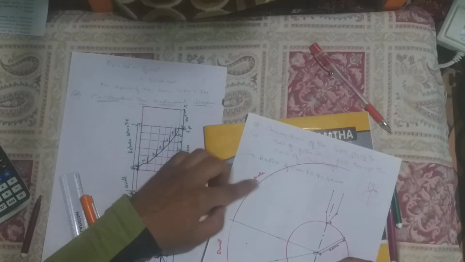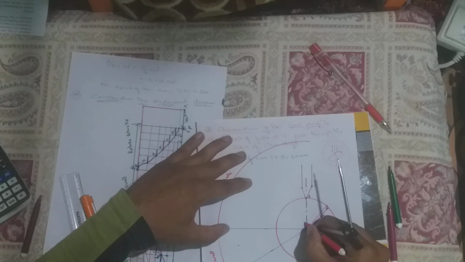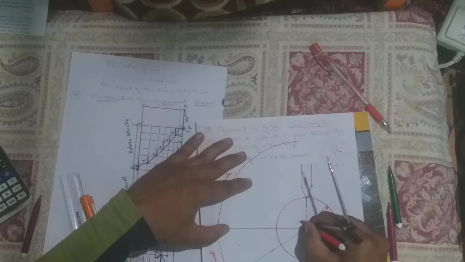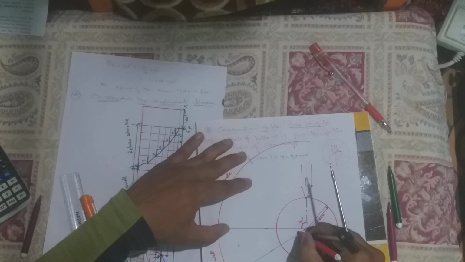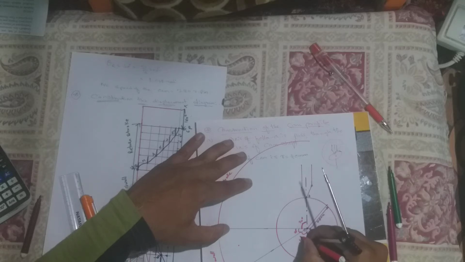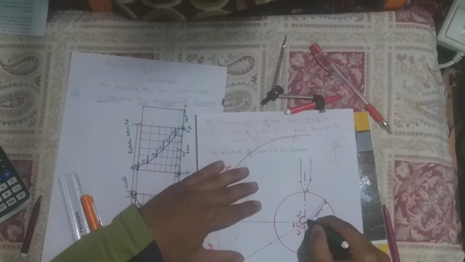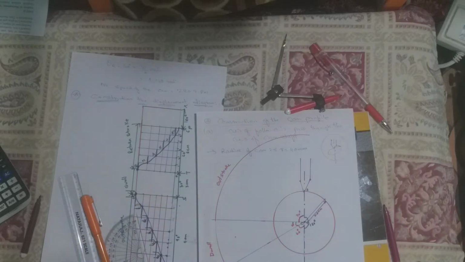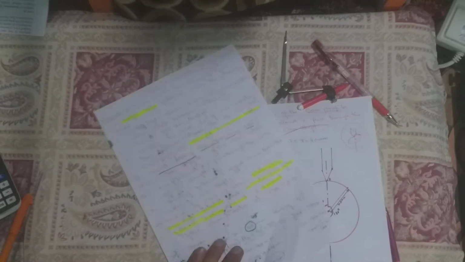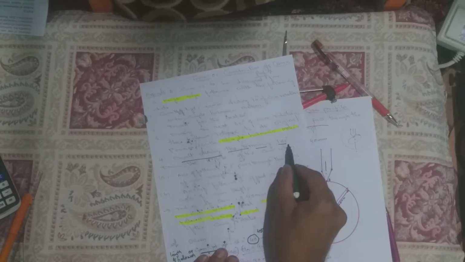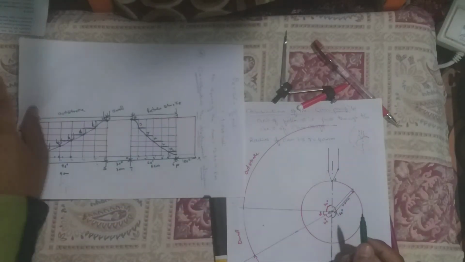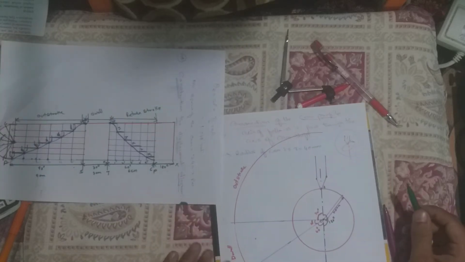Okay, from here to here the angle is 90 degree, 30 degree, 60 degree. The remaining is, you can see here, the remaining is 180 degree. In that question the remaining is given. You can see during the dwell the remaining is 180 degree. Already we have taken here 180 degree.